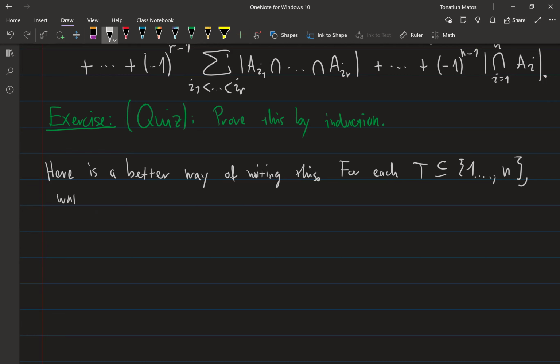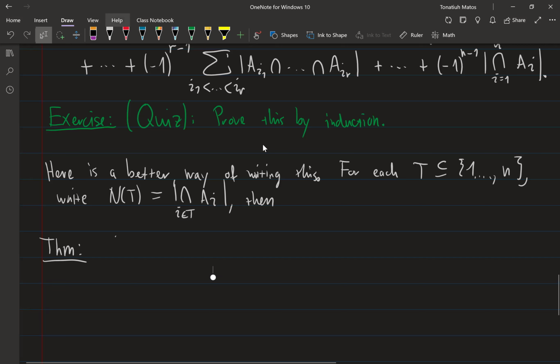Write n of t for the size of the intersection of whatever indices you grabbed. Then the same theorem says that the size of the union,